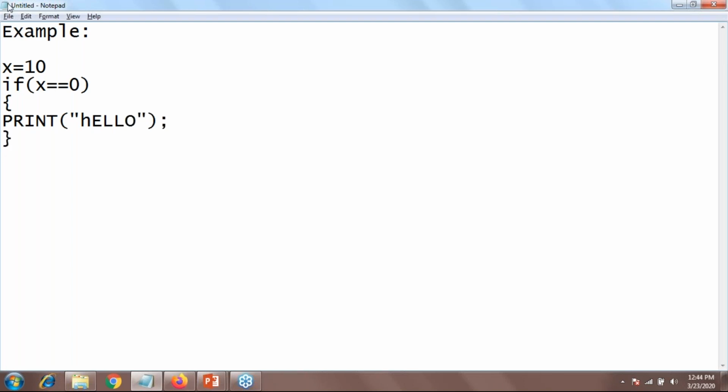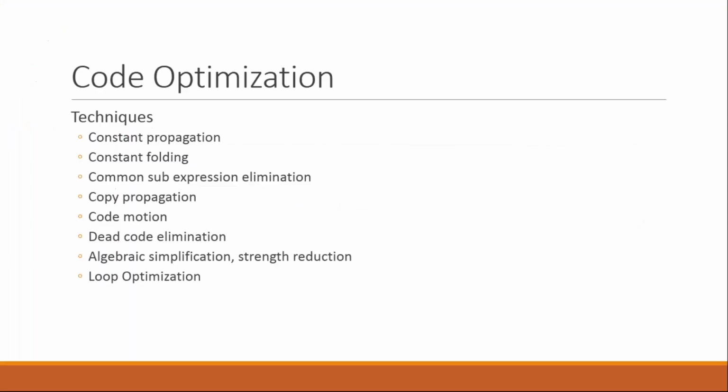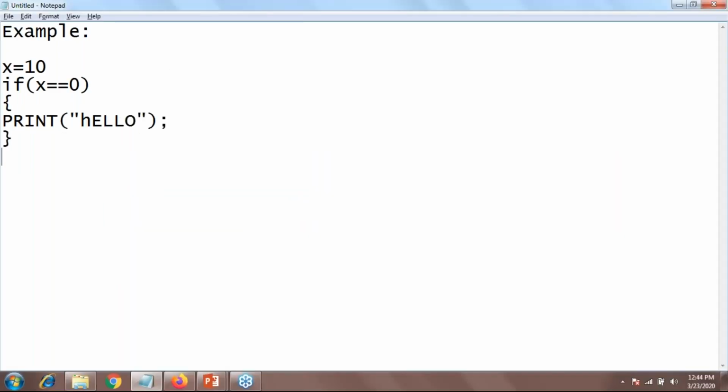Right. So now just give me the name of the given example. Okay, this is the list for you. Okay, one answer that is correct.